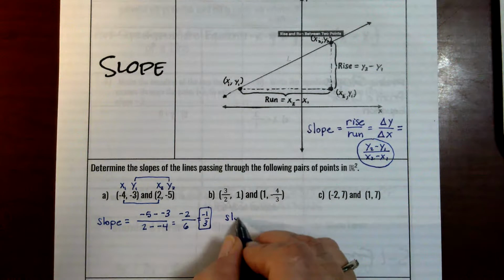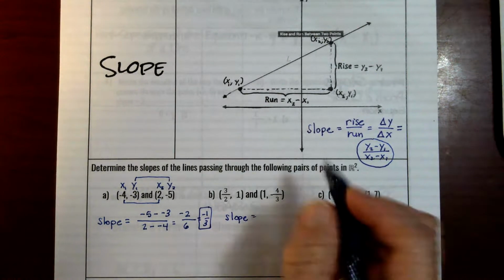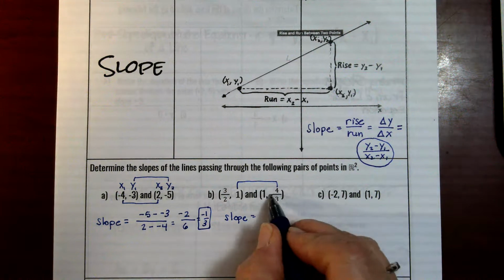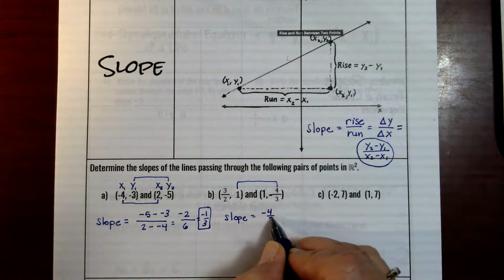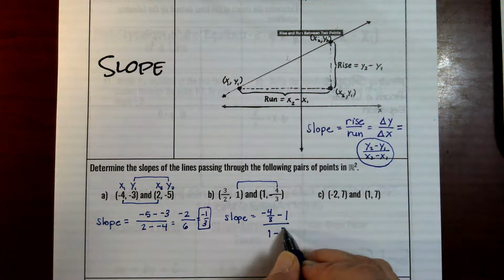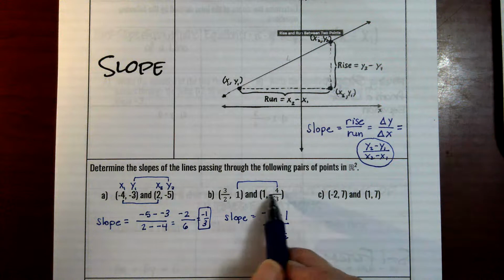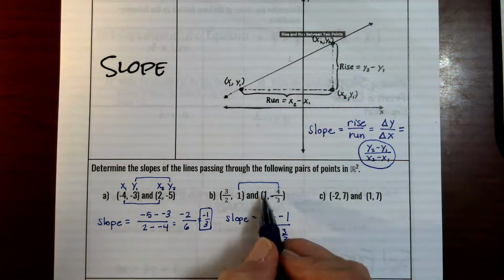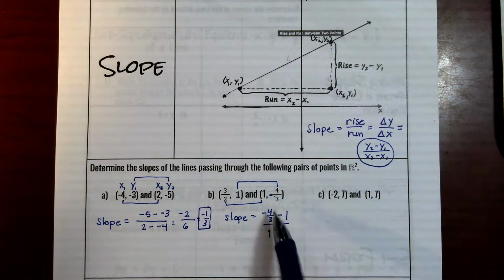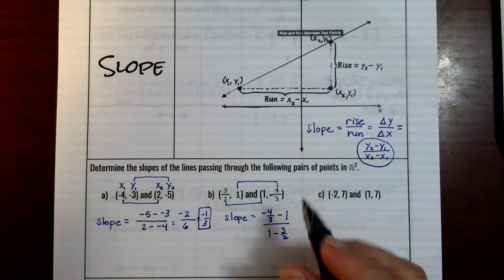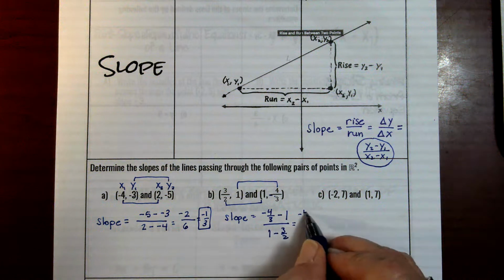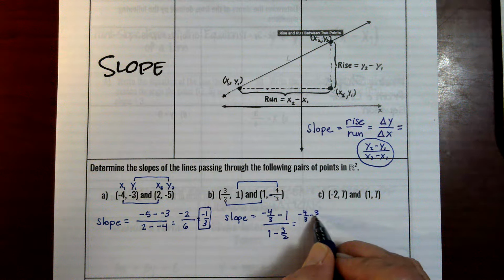All right, this one, again, I'll do y. So throw some fractions in here this time. This is negative 4/3 minus 1 over 1 minus 3/2. So y minus y over x minus x. As long as I do the negative 4/3 first in the numerator, I need to do the 1 first in the denominator. I did. All right, so I'm going to think of this as negative 4/3 minus 3/3, since 3/3